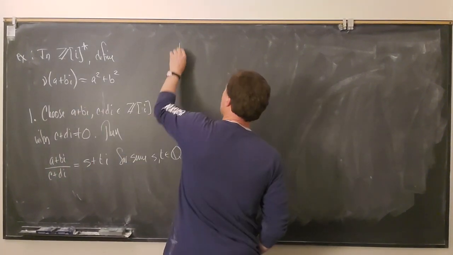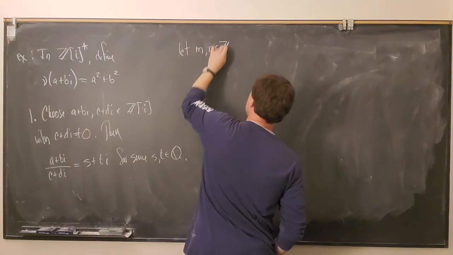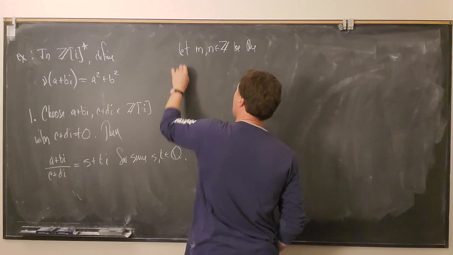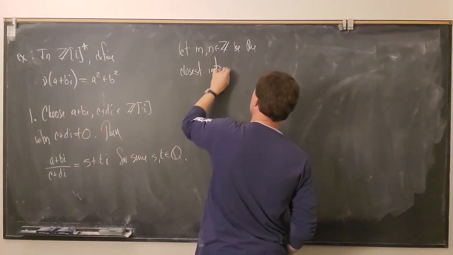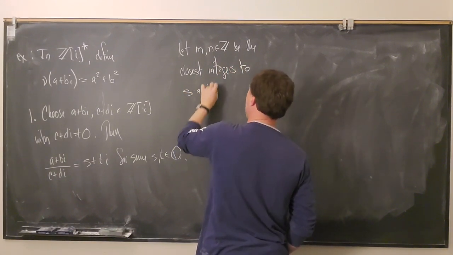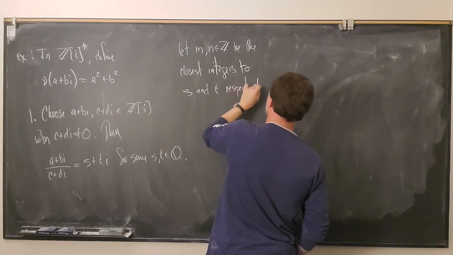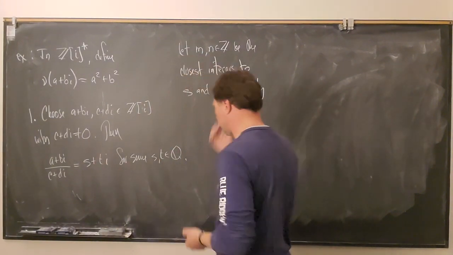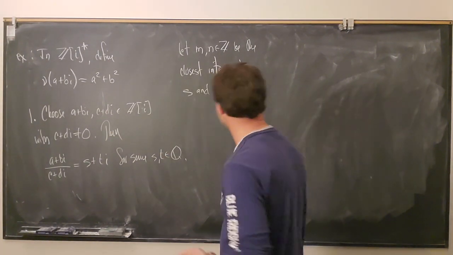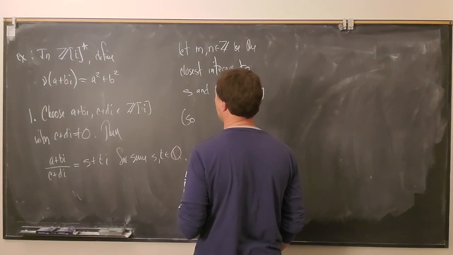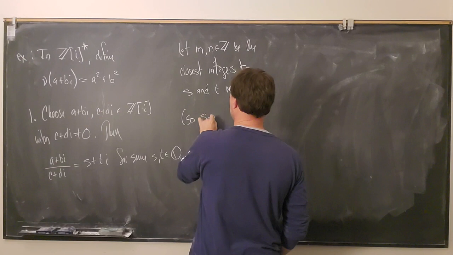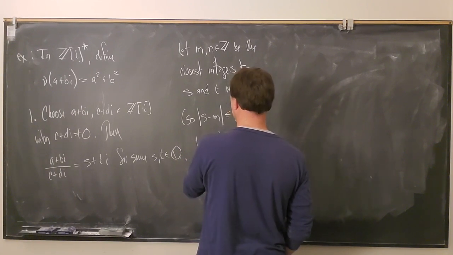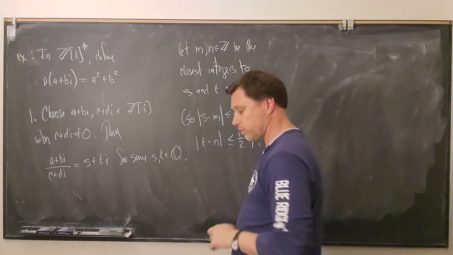So let m and n in Z be the closest integers to s and t respectively. I suppose in the case that it's 1/2, if s was 1/2, then whatever, you can choose either the one that's bigger or smaller. So what does that mean? It means that |s - m| is less than or equal to 1/2, and |t - n| is less than or equal to 1/2. So then,